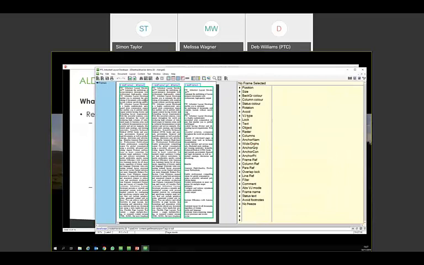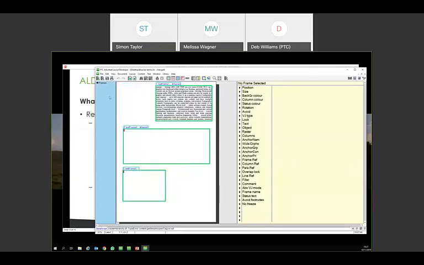If I move to page mode, I can see a list of the frames which are on a page, and for each of those frames I can see the X, Y, height and width information. If I page down, again capturing that page change event, I can get a different list of frames. I can see those properties. If I select one of those frames, I can change the formatting of the item in the list. So here I'm selecting frame 4,